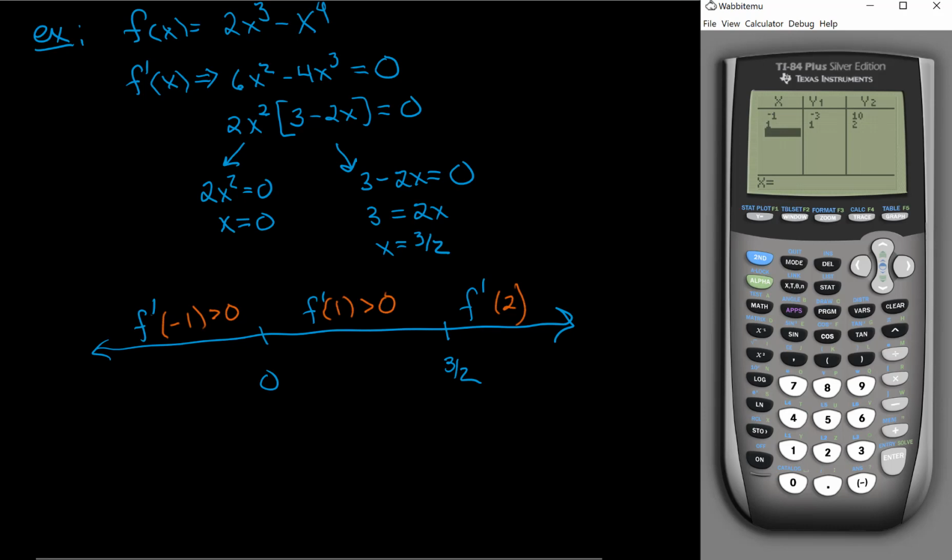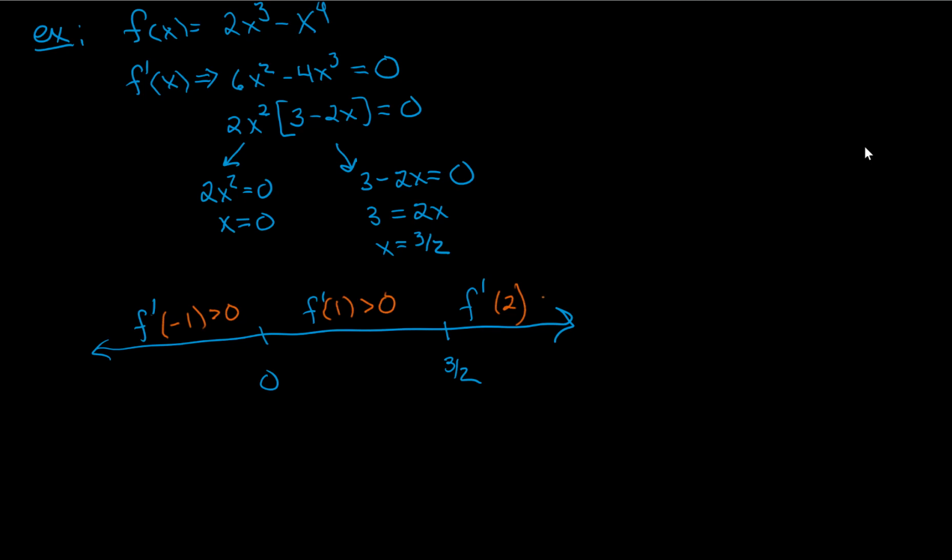Okay, on to the third one. I'm going to evaluate the derivative at 2. Now notice here, the derivative at 2 is a negative 8. I'm not real concerned about being negative 8, just know that it's negative. Okay, so now that I have